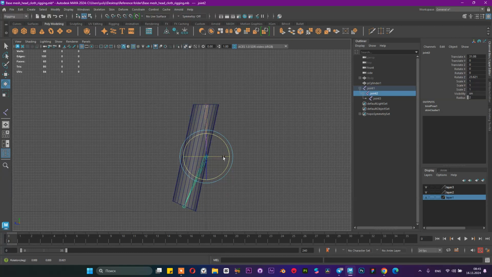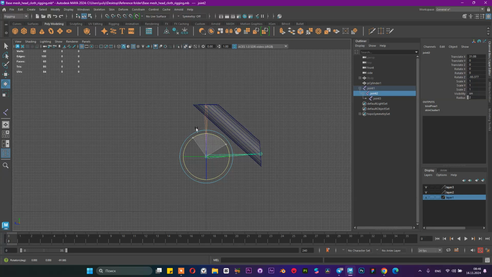Why do we put a lot of topology inside of our elbow and knees? Because we need to move it. And now you can see this cylinder doesn't have any topology here,